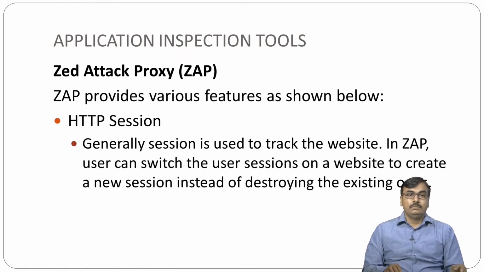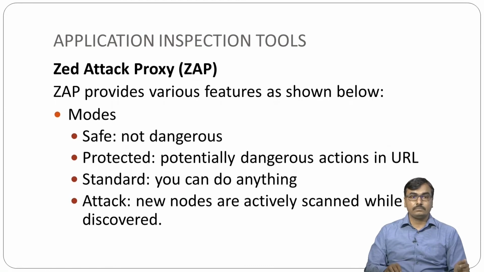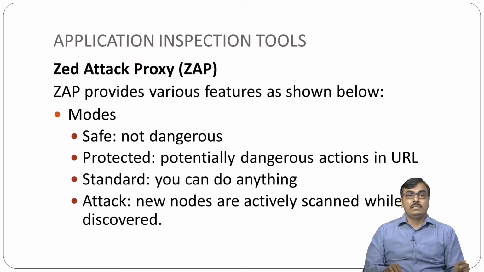HTTP session is another feature of ZAP. Generally session is used to track the website. In ZAP the user can switch the user session on a website to create a new session instead of destroying the existing one. So this is the basic use of HTTP session, and there are several modes available in ZAP, like